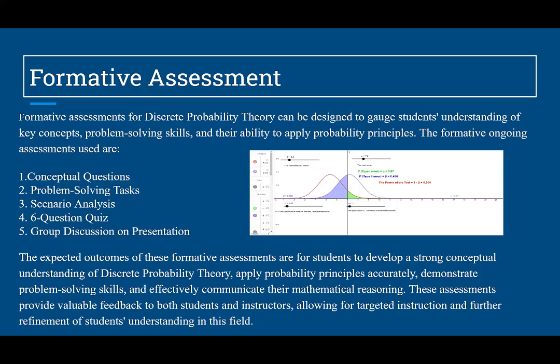The expected outcomes of these formative assessments are for students to develop a strong conceptual understanding of discrete probability theory, apply probability principles accurately, demonstrate problem-solving skills, and effectively communicate their mathematical reasoning. These assessments provide valuable feedback to both students and instructors, allowing for targeted instruction and further refinement of students' understanding